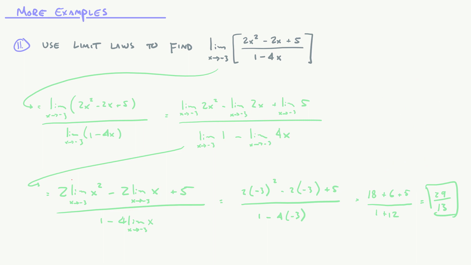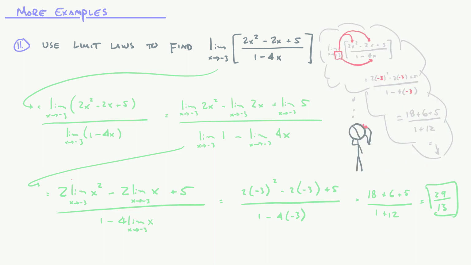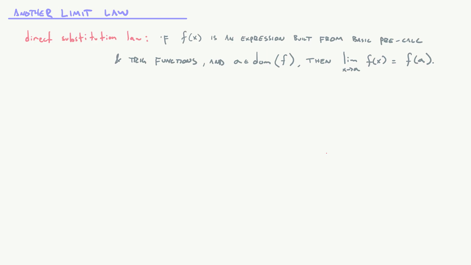Now you might be looking at this, and you might be thinking, well, Mark, how is this any different than just taking negative 3 and plugging it into the function? You're exactly right, actually. That's called direct substitution, and that is the last limit law that we're going to talk about in this video. It says that if f of x is an expression built from basic pre-calc and trig functions, like in the last one, which was a rational function,